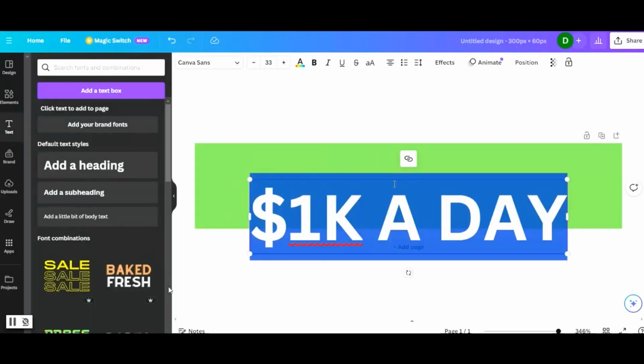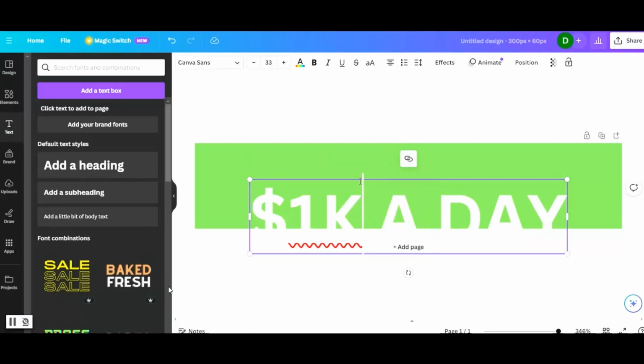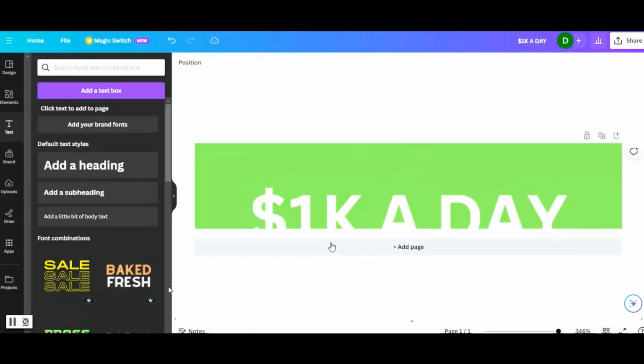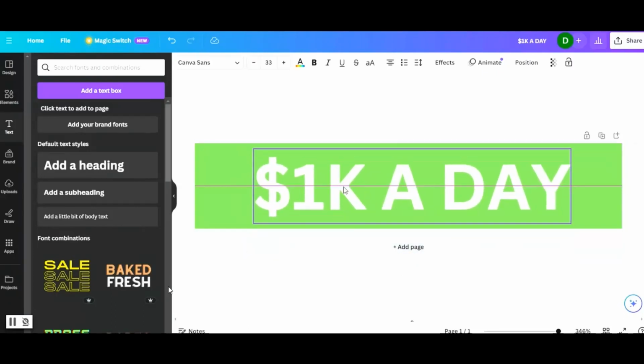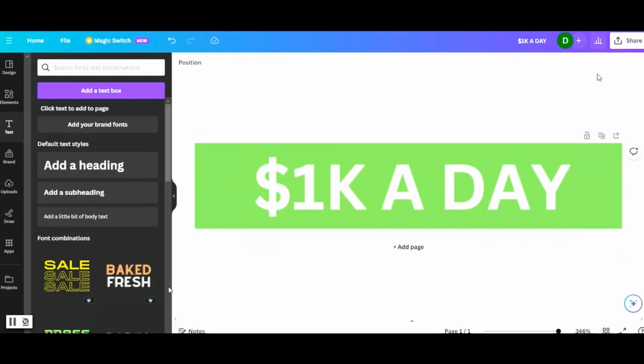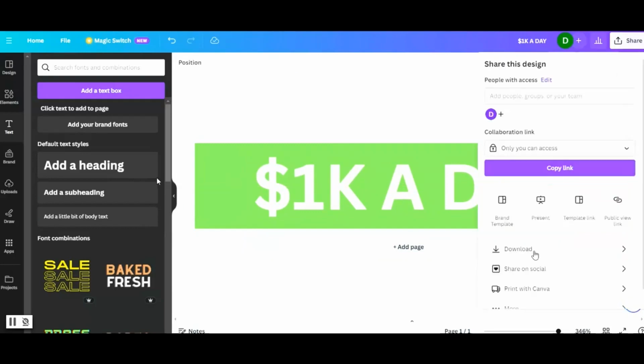and we'll move it. Let's see, how do we move this? There we go. Put it in the middle. That looks fine. Hit share, download,